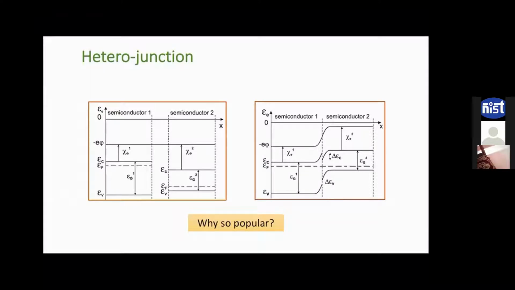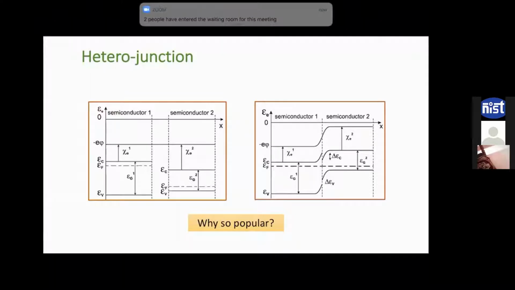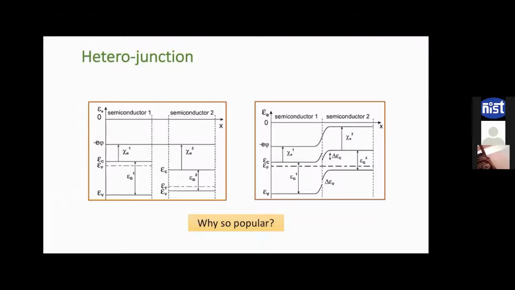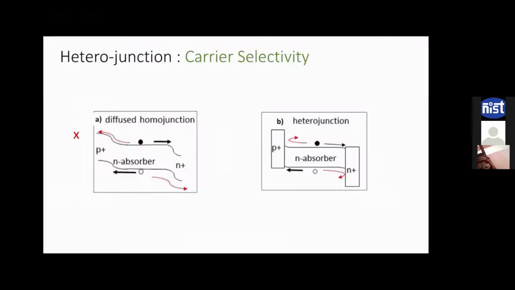solar cells. Now, not only solar cell, but why is such heterojunction technology so popular? Not only in solar cell, it is popularly applied in photocatalytic water splitting or any other optoelectronic devices. Why is this technology so popular? So to answer this question, let us look at the heterojunction device structure and compare it with a homojunction counterpart.